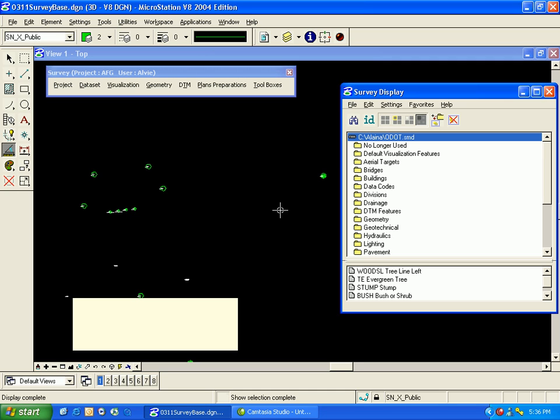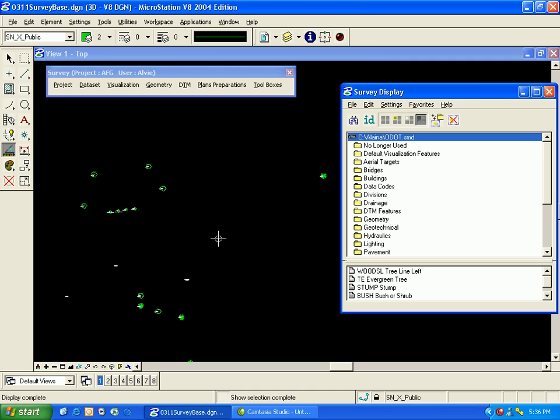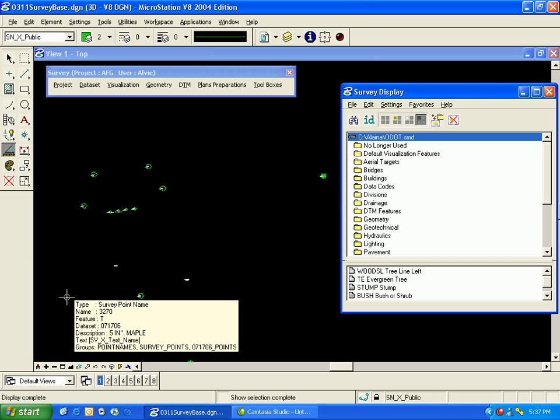Let's take a look at GeoPak's Translate, Rotate, and Scale tool. And for this example, I'm just going to use a simple case, but it happens all too often, unfortunately. And the case that I'm going to use to demonstrate the tool is that there was a tree location done